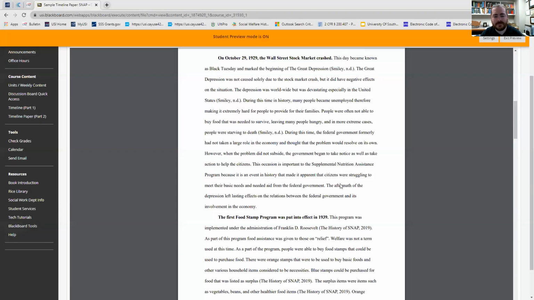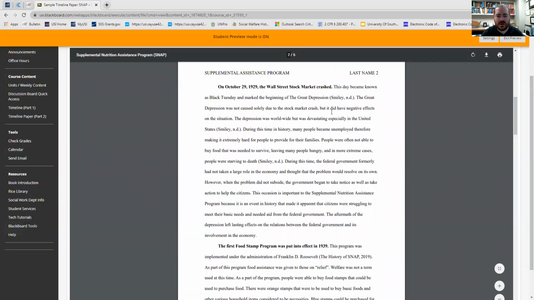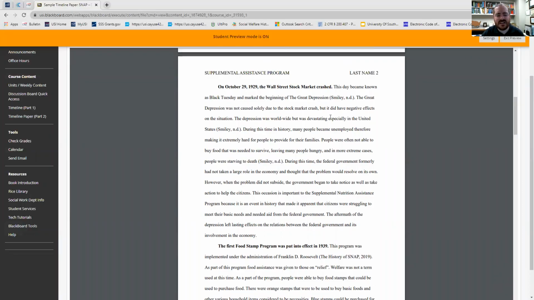in there as well. Now, I didn't mention this in the first part, but this is a great reminder as I have this pulled up in front of me. When we're looking at SNAP, the very first thing that this individual chose to put was the Wall Street stock market crashed. So you might initially be asking yourself, what does the stock market crash have to do with SNAP? One of the things that I think is helpful when you're looking at your dates for your